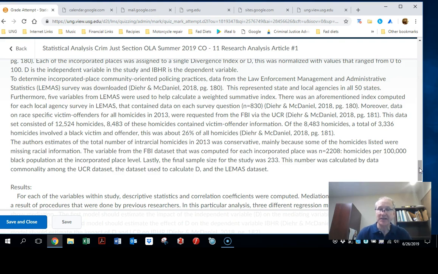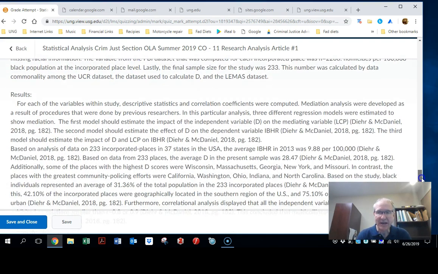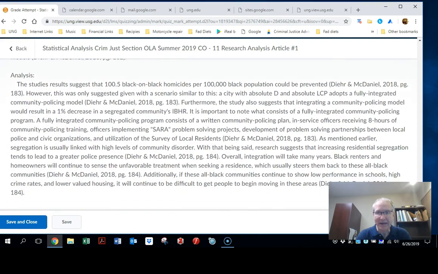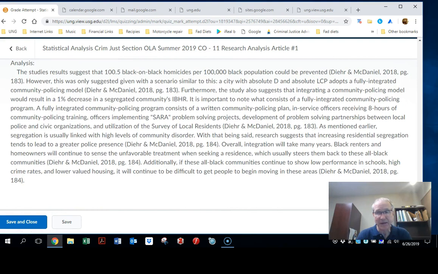And in this case, it was the fact that segregation contributes to intra-racial homicides, and then the impact of community policing on that. Anyway, she did a great job. She gave us her results, and there was a lot of gobbledygook in this article, and to be complete about it, Janelle felt, as anybody would, that they kind of needed to include that stuff, but I'm here to tell you don't.